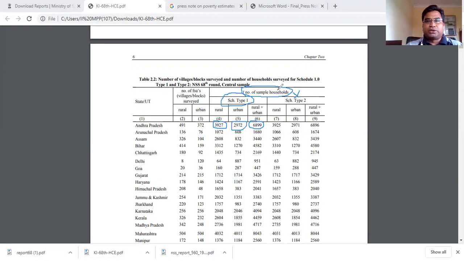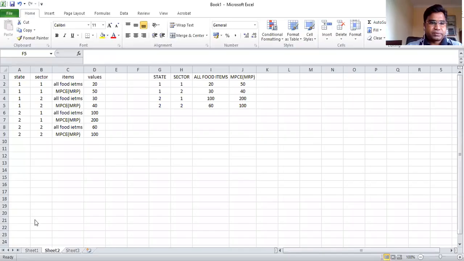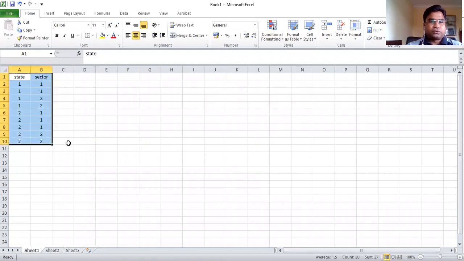Before we get into this, I would like to explain this in a very simple manner so that you don't fall into trouble afterwards. So let us first get into a simple table which will be easier to understand. So let's go to sheet one.